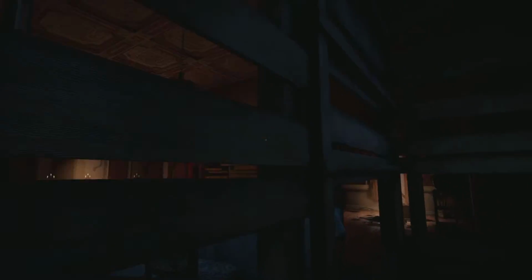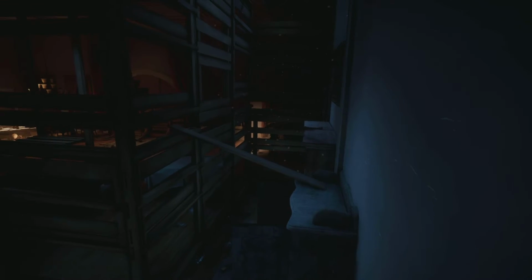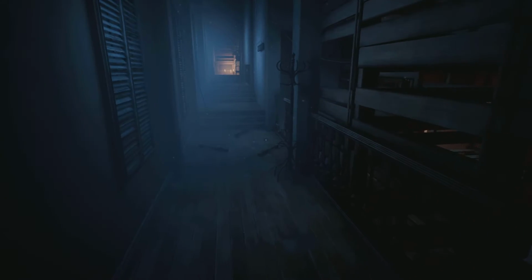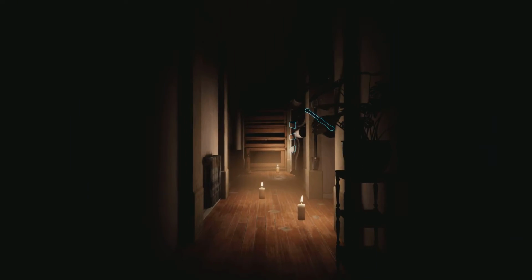Right, what am I doing now? Can we jump up onto there? Yes, we can. Perfect. Oh. What? Why can't I get up on there? There we go. It's just a little bit awkward. I still don't have a flashlight, annoyingly. Even though I've checked the controls, there is a button for flashlight, but...